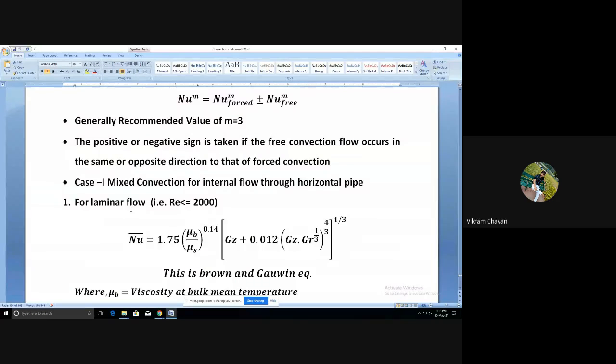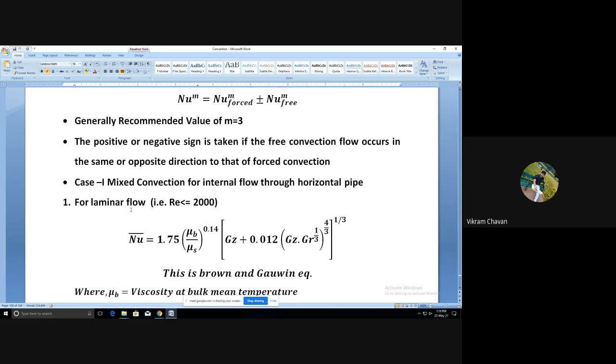In that case, the average Nusselt number will be given as 1.75 inside a bracket (mu_b divided by mu_s) raised to 0.14, in another square bracket Gz